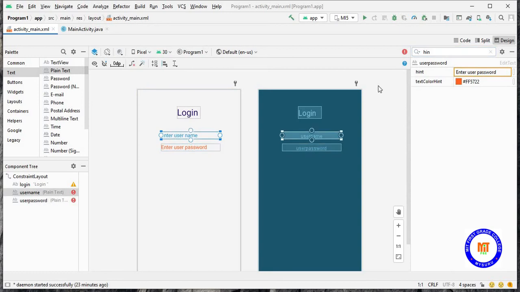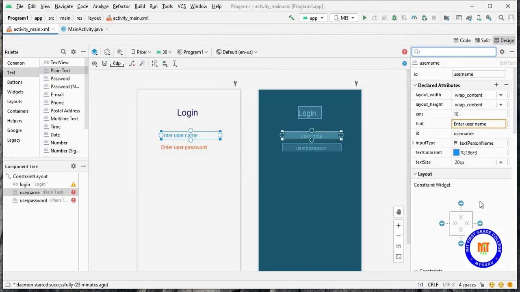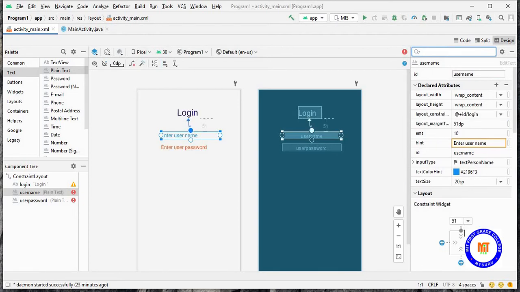And mainly you have to align it in a proper layout. You have to align it properly. So for that you can just click on that plus and check for the proper alignment.